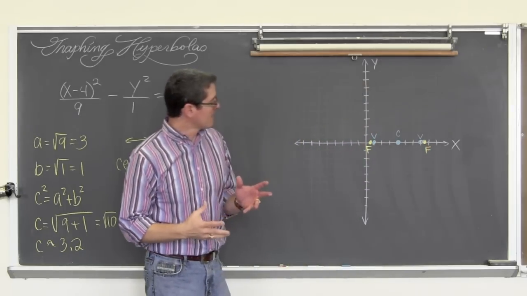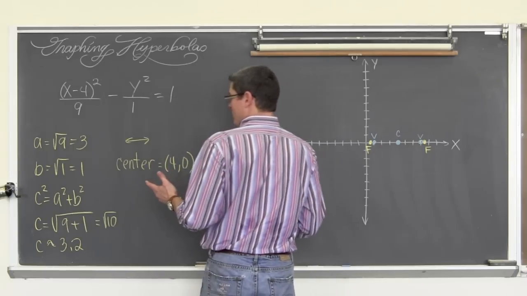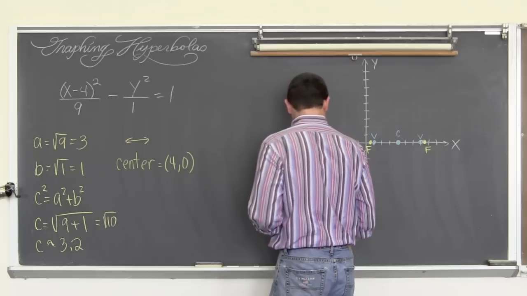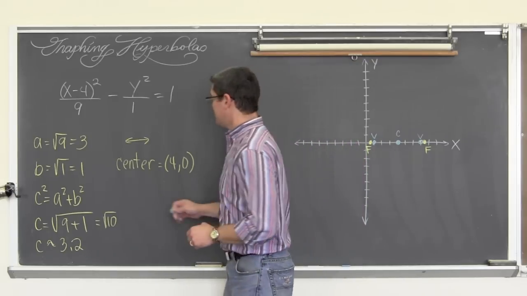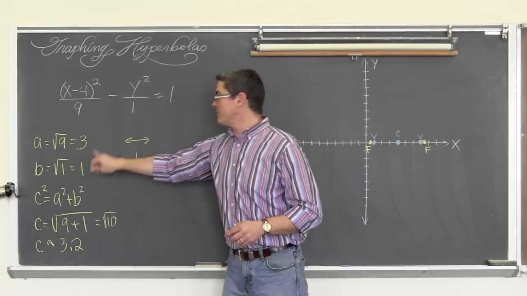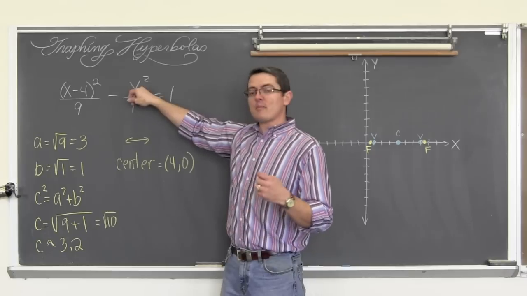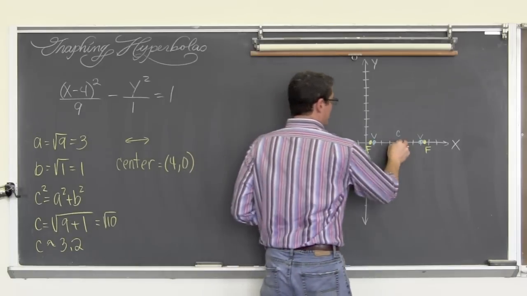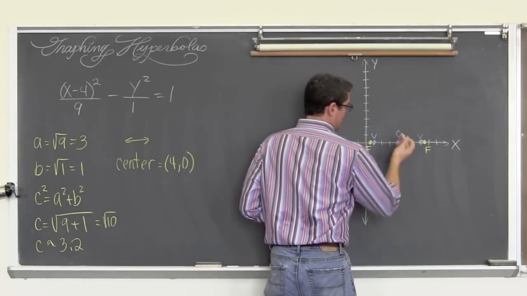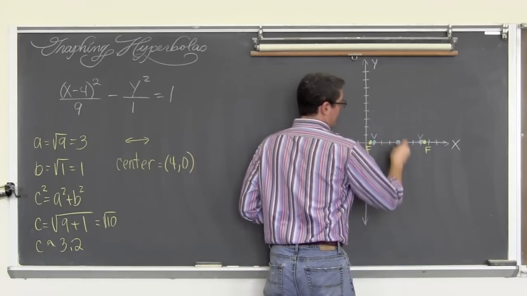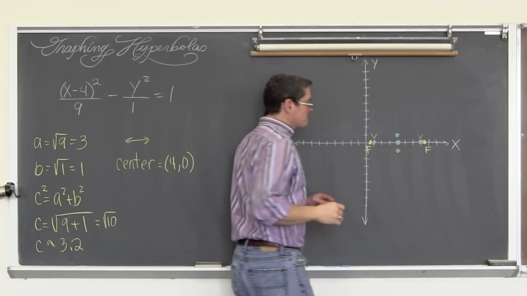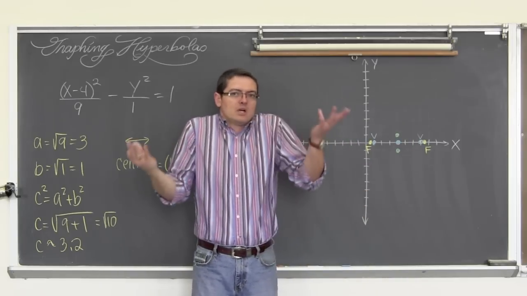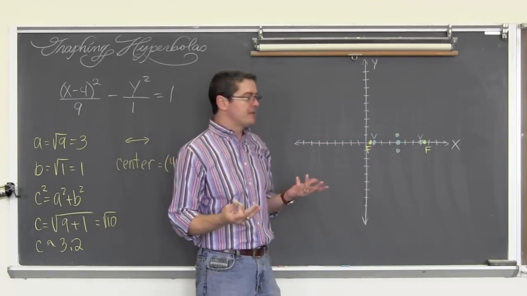And now we've got this value of b, which is 1. So we're going to pick another color. The square root of this denominator is 1. It's from underneath the y, and the y-axis is vertical, so we're going to go up and down 1. So from the center, down 1, and, well, my C is going to be in my way, and up 1. No real name for that axis, just going to go up and down 1.